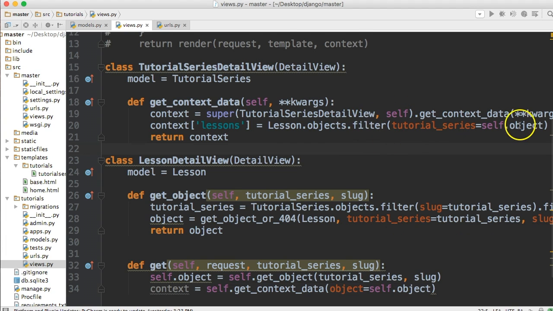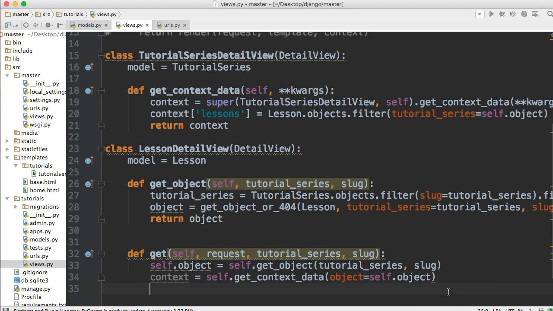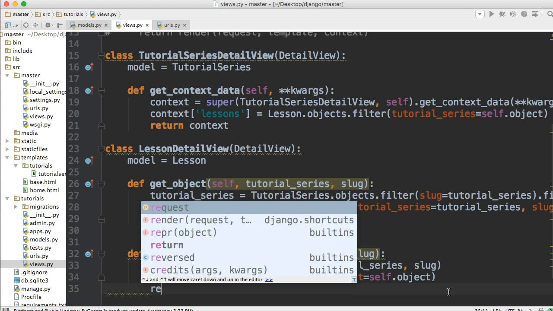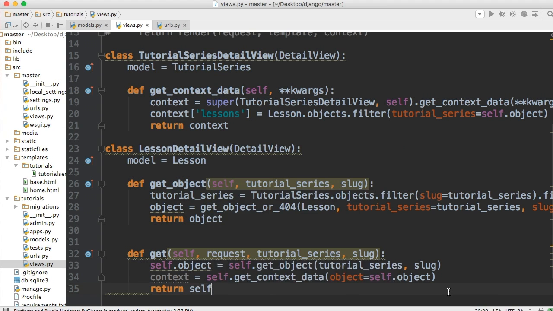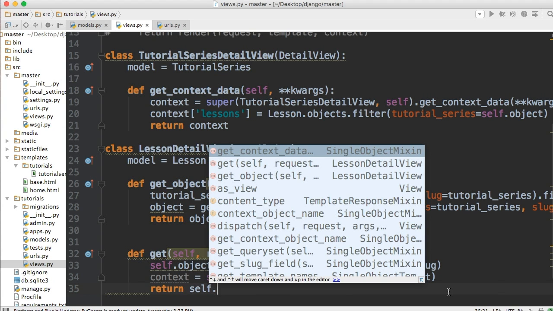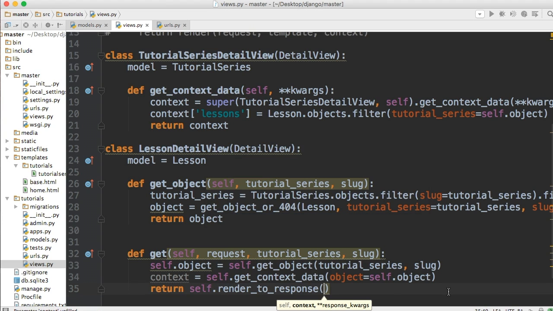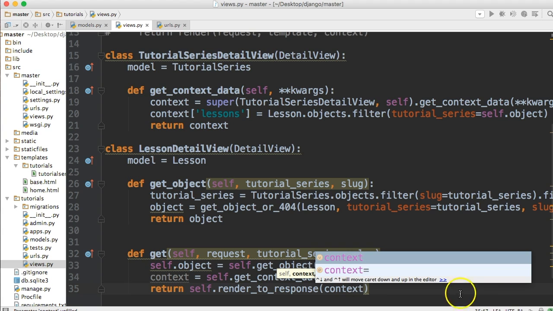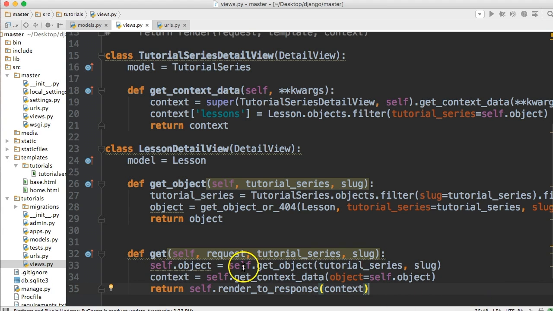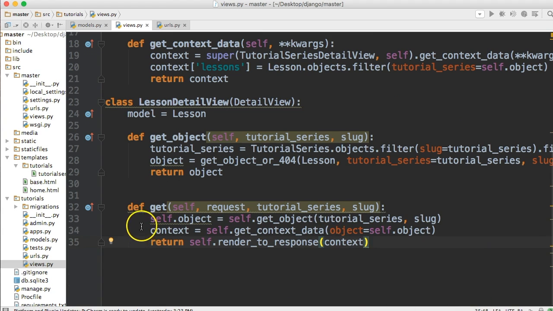Where do we see that? Up here, our context, right? So self.object, we've seen that before. And then we're going to do our return self.render_to_response, and this is where we return our context. Alright, cool. Next thing we need to do before we actually try to access our page here is we need